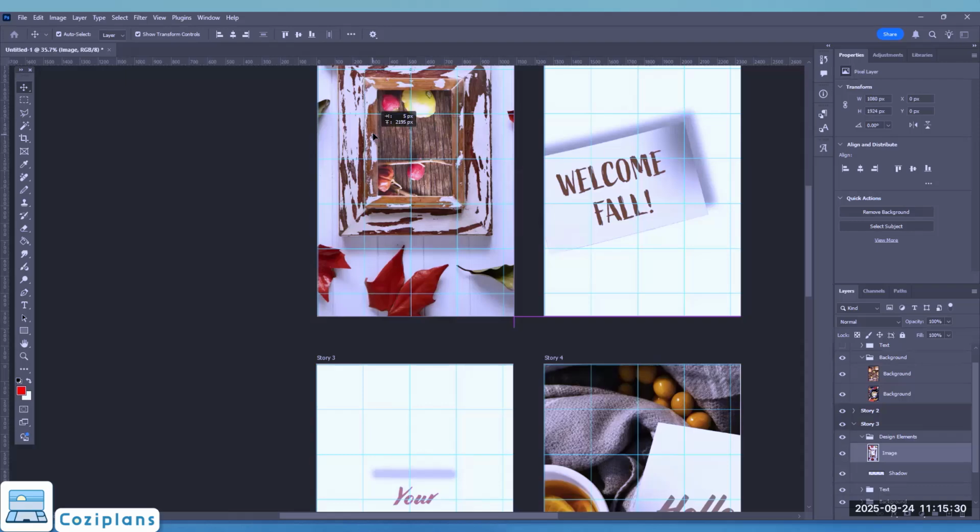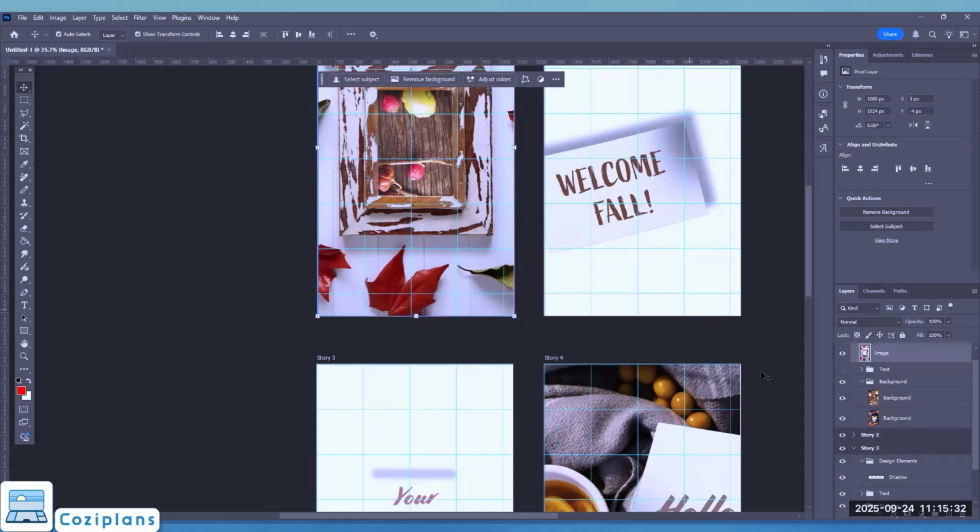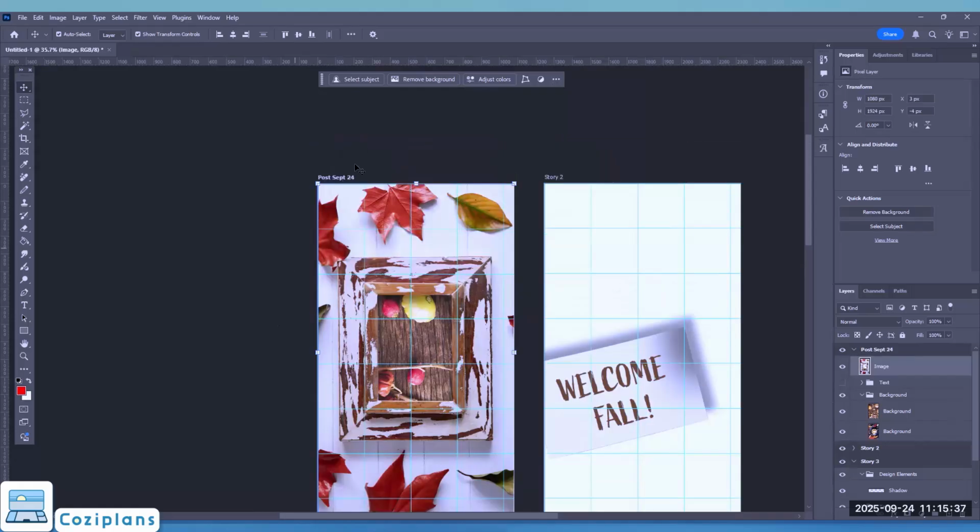But I can move this in and drop it, and it automatically puts this into, you can see, the post September 24th here, but it's not inside of my background group. So if I turn this off, you'll see that it doesn't make that go away. If I wanted to use that frame as a background, now obviously it's got a hollow space in it, but if I wanted it to be a part of that group, what I would have to do is select all of these,